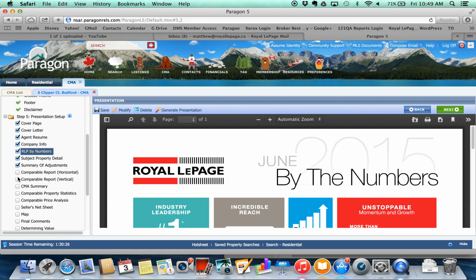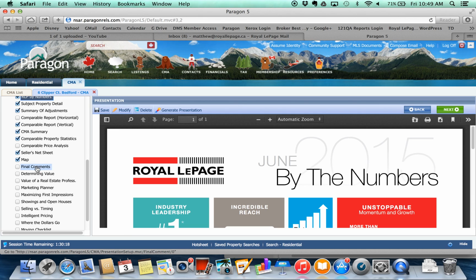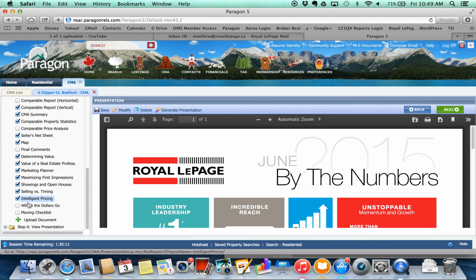Okay, so I'm going to choose, I don't want the horizontal one, I like the vertical one. I like the summary page. I like this. I don't love this report, so I'm going to leave it off. I'm going to choose to have all these. I don't have any final comments, so I'm going to leave that off. And then I'll choose to have all of these reports go into it as well, where the dollars go in